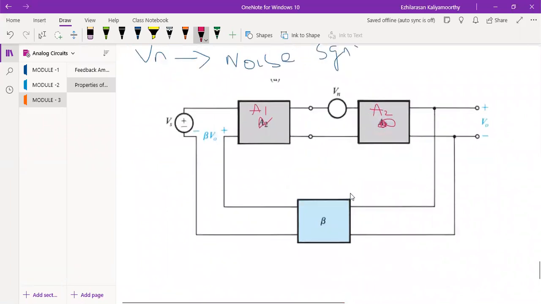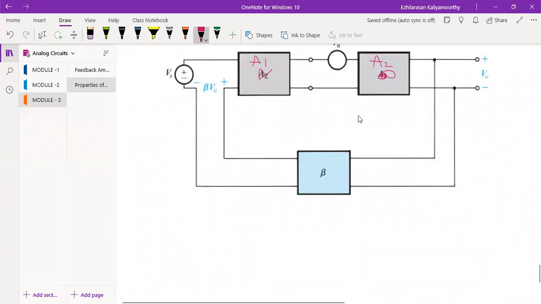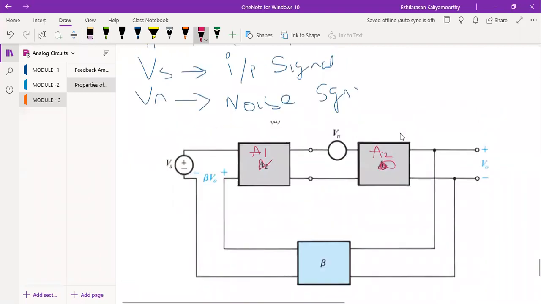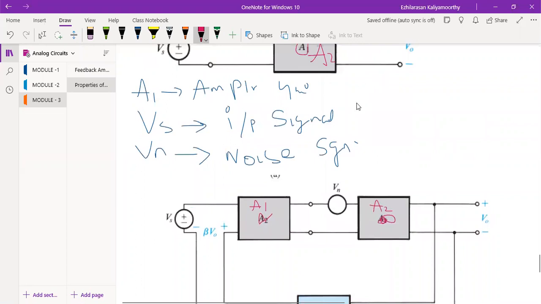Now what we did here, let us assume the amplifier suffers from the noise, and that noise can be assumed to be introduced at the input of the amplifier. So which is your amplifier now? Input of amplifier in the sense this will be your amplifier, correct? I hope it is clear now. This will be your amplifier, so the noise is introduced in the amplifier. Now this you can call the clean amplifier. This is the nice original amplifier.